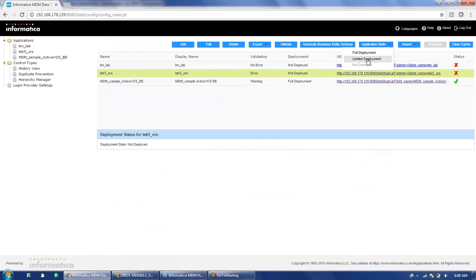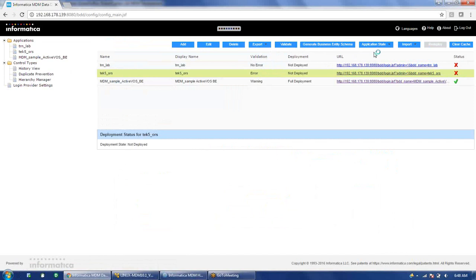So only an admin user will be able to log in to the application screen. Non-admin users will not be able to log in, and usually all the users are non-admin. So you can log in to the system application, you can do some testing, you can check the logs, and once you are fine, you can come back and make it again as full deployment.